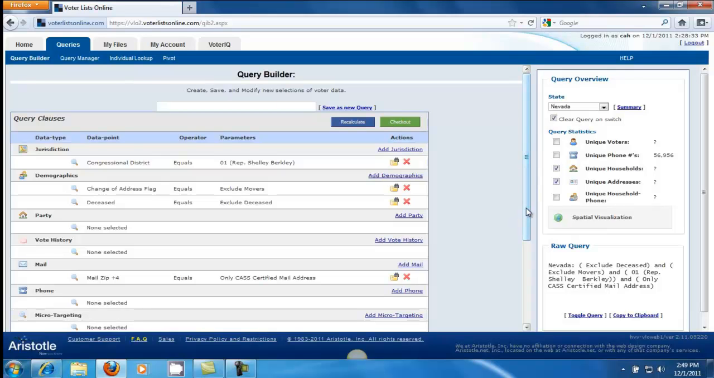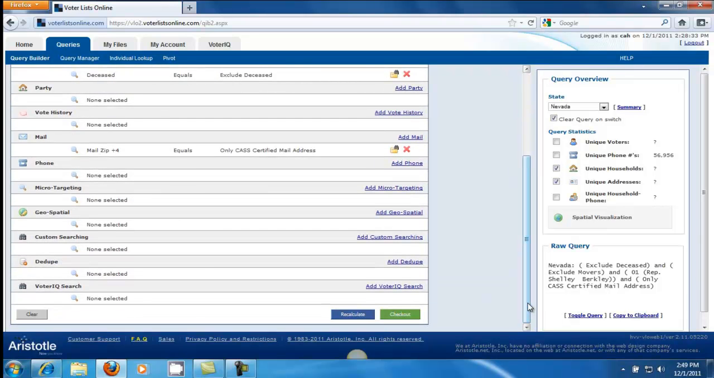And then something else that we've recommended to mailing clients is that you use the mail address or the mail state field in order to include the data within the state as well. A lot of times you may have people that move out of state, may not have filled out voter registration update information, and you may have people who are outside of the state for military or government reasons. So if you need to also purge that out, you can go under Custom Searching